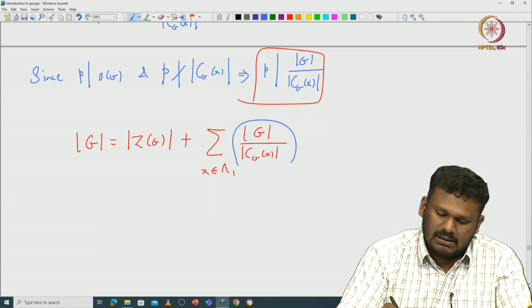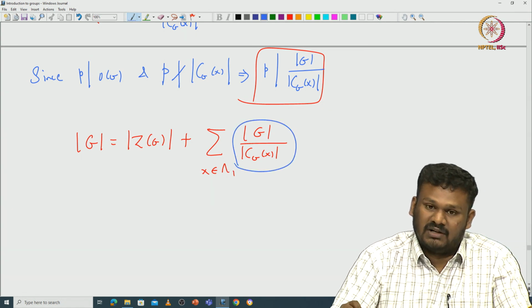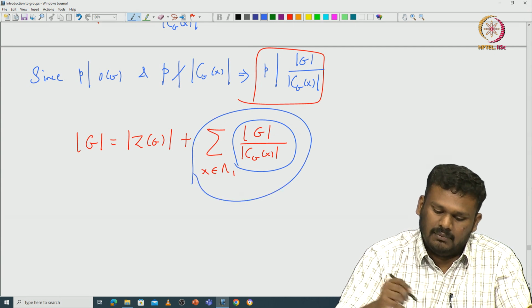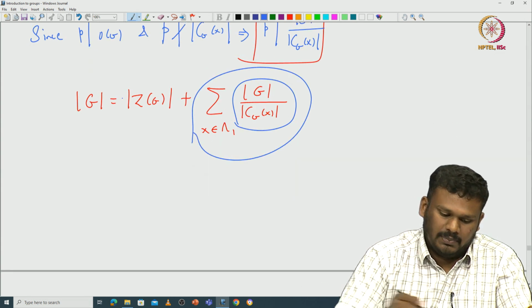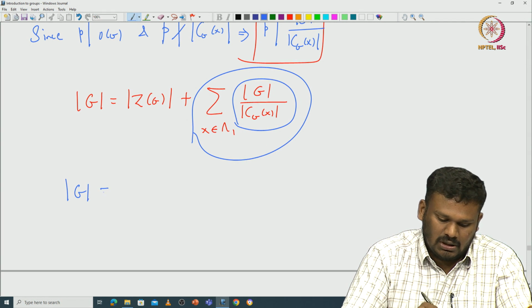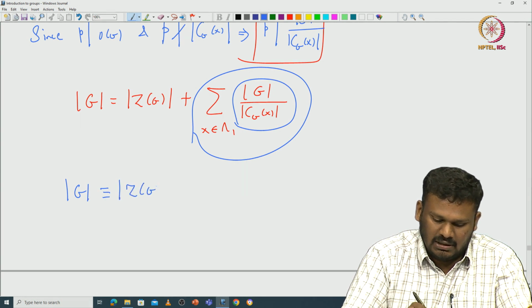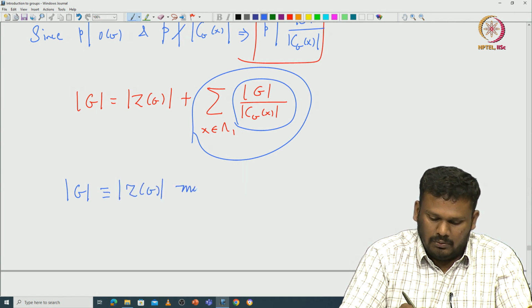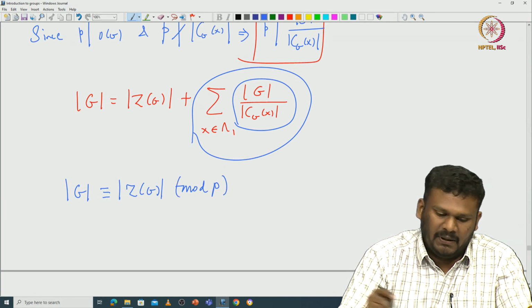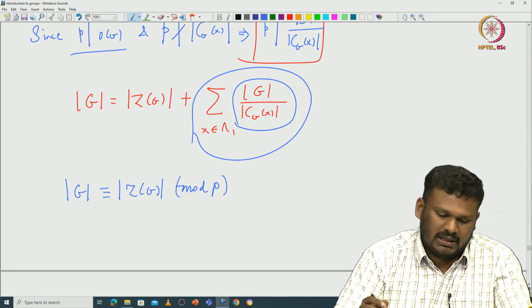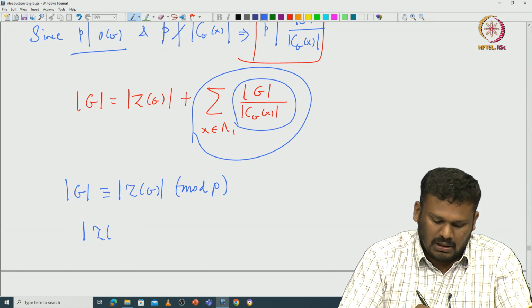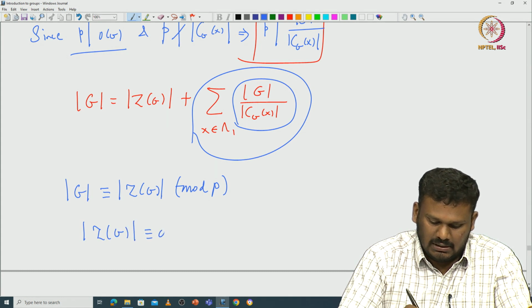But all these numbers are divisible by p by our assumption. So this entire sum is divisible by p. So in particular the cardinality of G is congruent to the cardinality of the center modulo p, but p divides the cardinality of G. So that means the cardinality of the center is